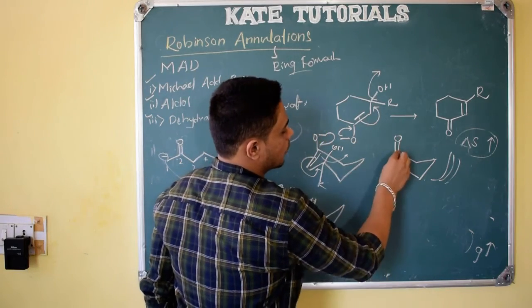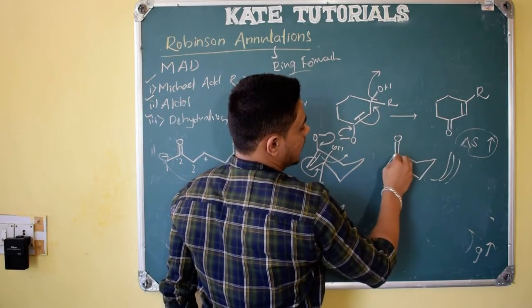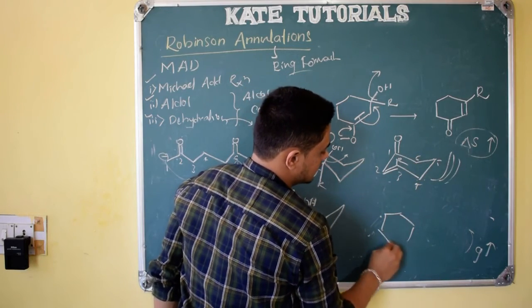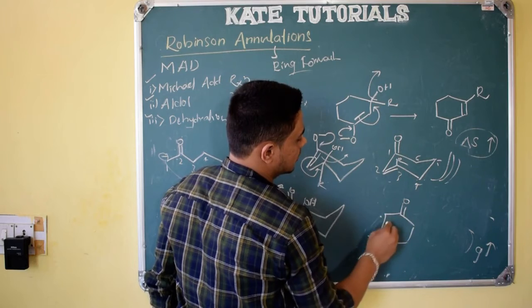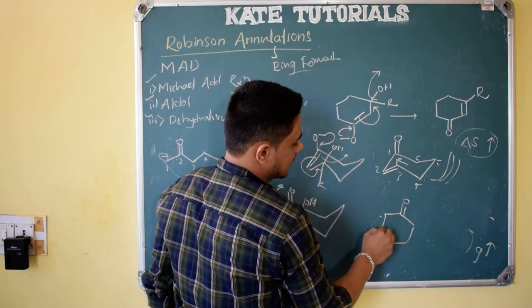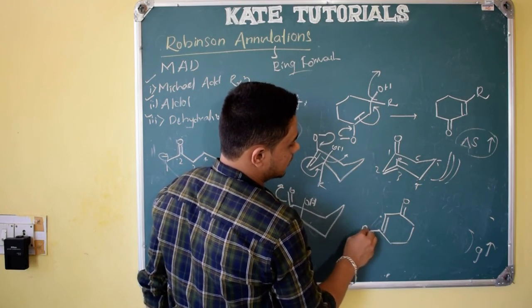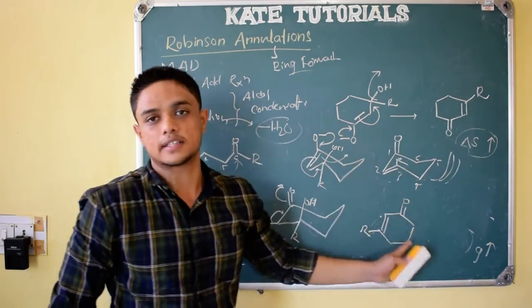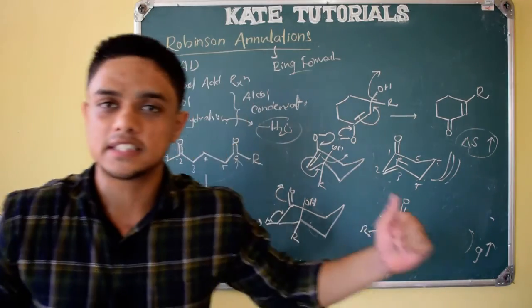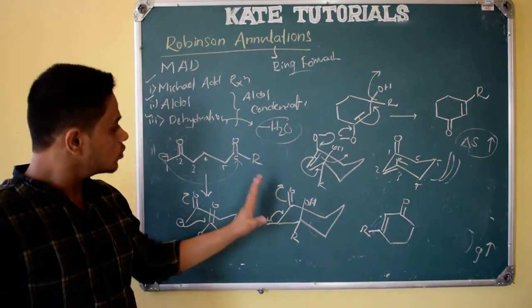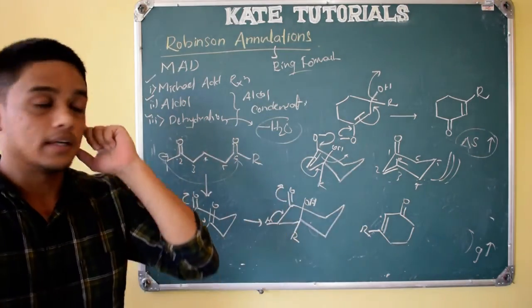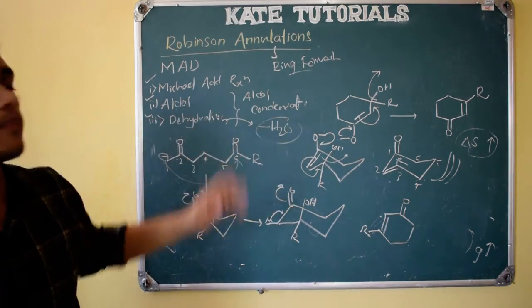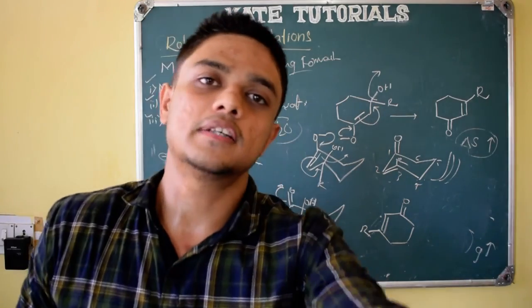This is the same as this structure. If I open it, see here, 1, 2, 3, 4, 5, 6-membered. First position double bond, second position nothing, second and third double bond, and R group at 4, 5, 6. Same as that; if I rotate it, I will get the same thing. So because of this 6-membered transition state, only 6-membered or 5-membered annulation, ring formation, occurs. That is all about Robinson annulation. In the next class we shall see a few more examples.